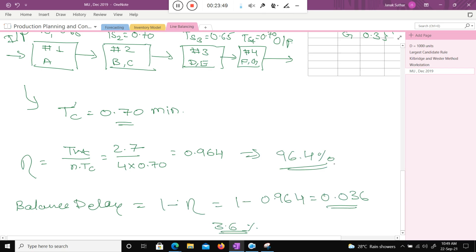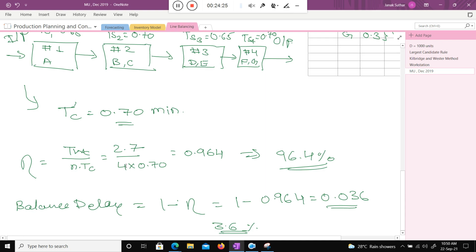One more thing: when you go to some local textbooks, you may find that they consider the TC, the cycle time, to be 0.76, but that is actually wrong, class, because you need to check after allocating the workstations. You need to check again what the actual cycle time is. That 0.76 is the requirement, but what our workstations provide is 0.70. Are you getting my point?